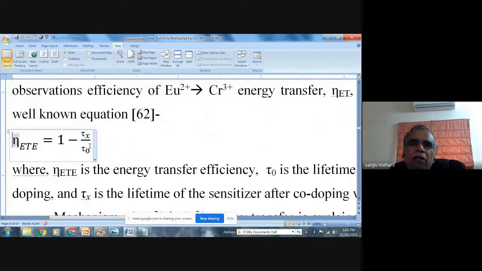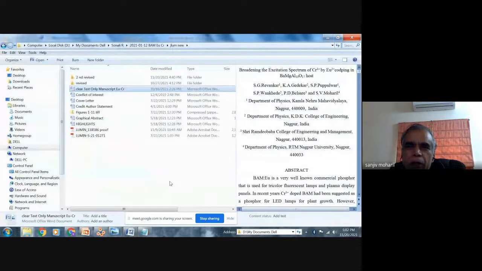Here, this is the lifetime of the sensitizer with activator, and this is the lifetime of the sensitizer without activator. With activator, without activator. And 1 minus this ratio gives the efficiency of energy transfer. So this I can get.